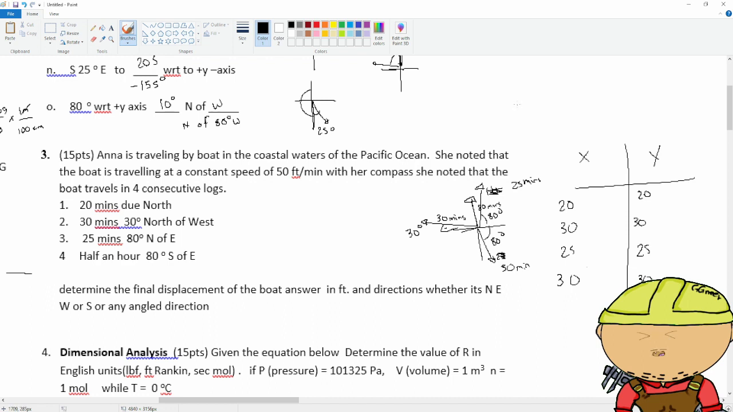So 20 minutes due north, so that's cosine 90, sine 90. 30 minutes north of west, that's cosine 150, sine 150. 25 minutes north of east, cosine 80, sine 80. Then half an hour south of east, that could be cosine 280, or negative 80, sine 280. Equals,